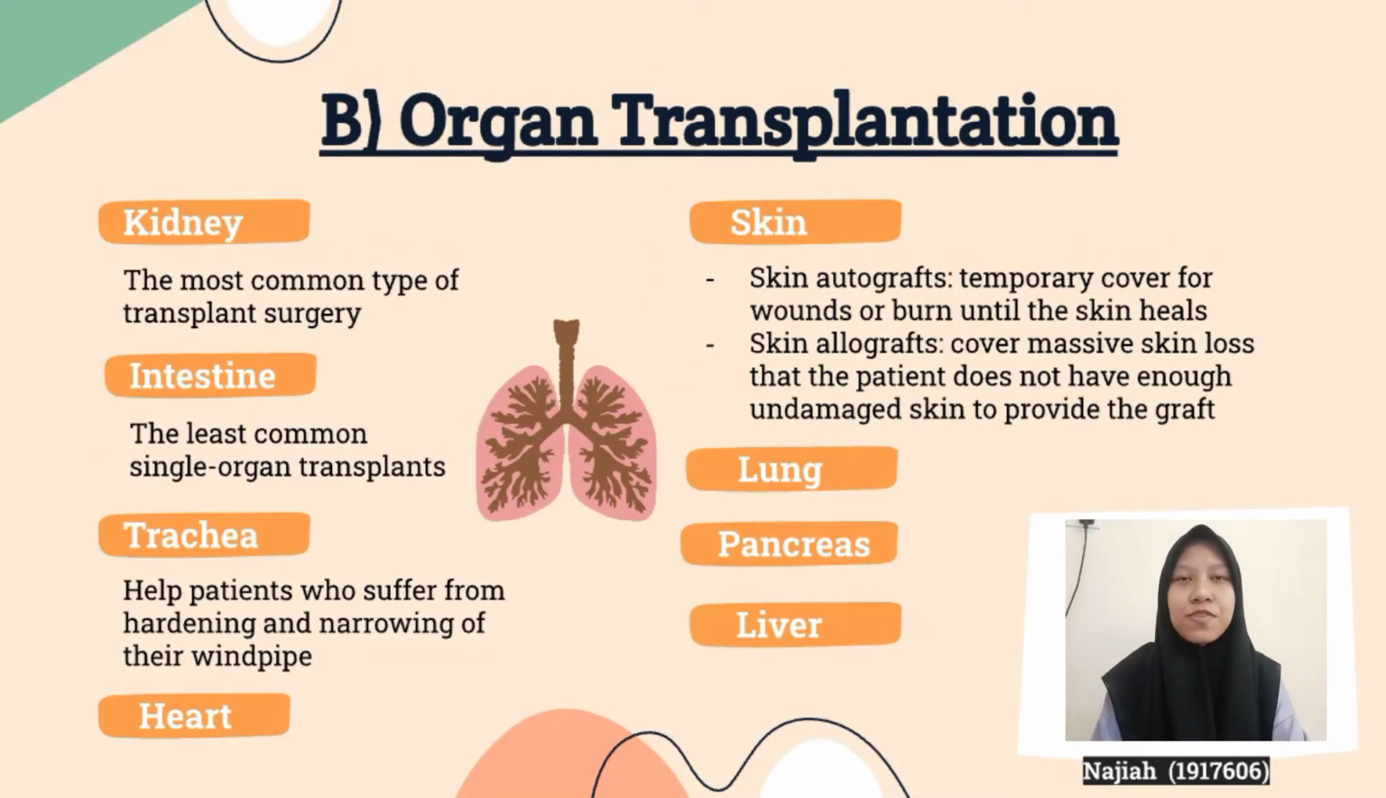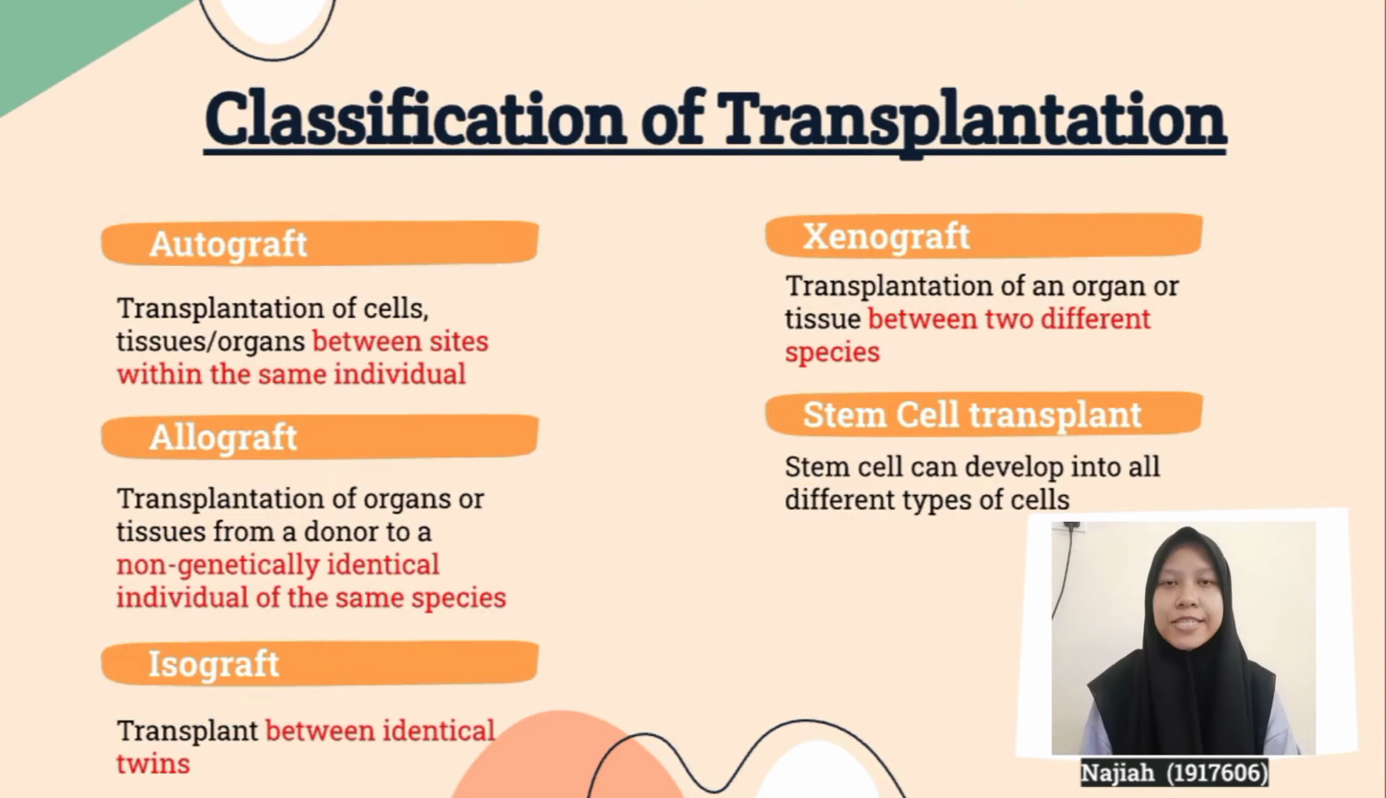On to the types of organ transplantation, which are kidney, the most common type of transplant surgery, while intestine is the least common. There's also heart, trachea, which is for patients who suffer from hardening and narrowing of their one part. Lung, pancreas, liver, and skin. Skin autografts are a temporary cover for wounds or burns until the skin heals, while skin allografts are to cover massive skin loss. Next, generally transplantation can be classified into several categories, which are autograft, transplantation of cells, tissues or organs